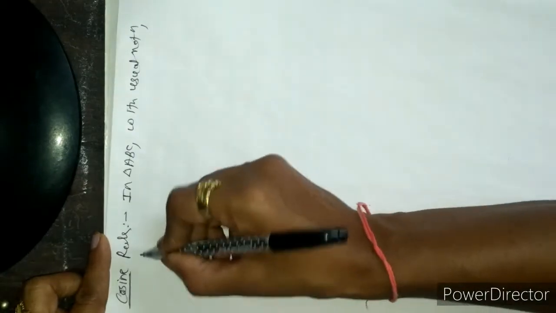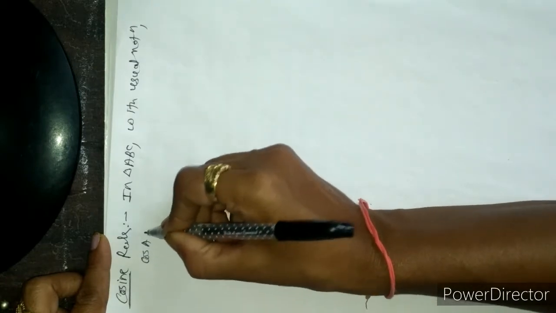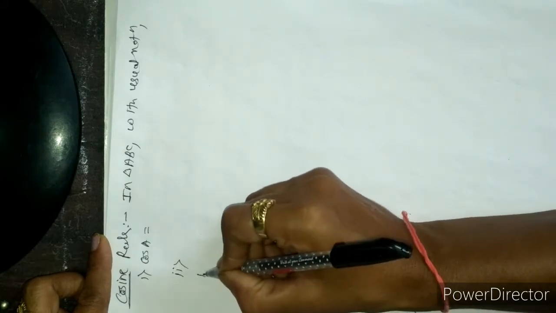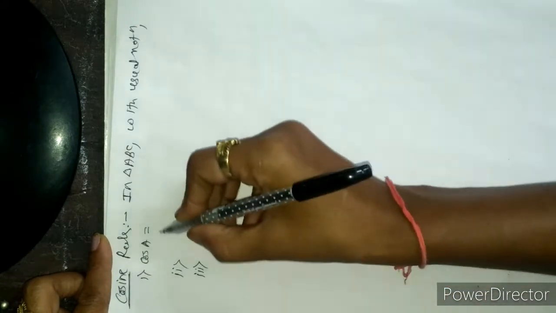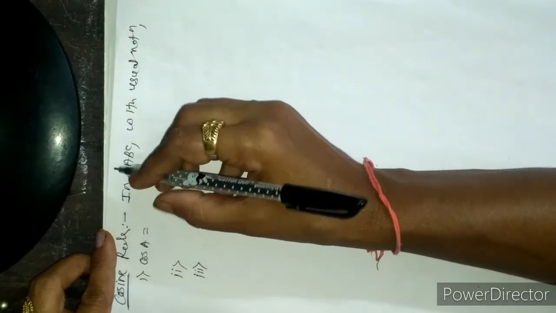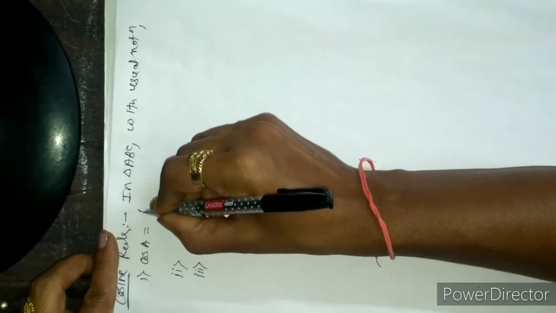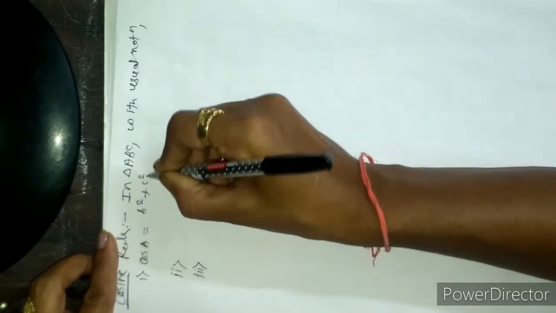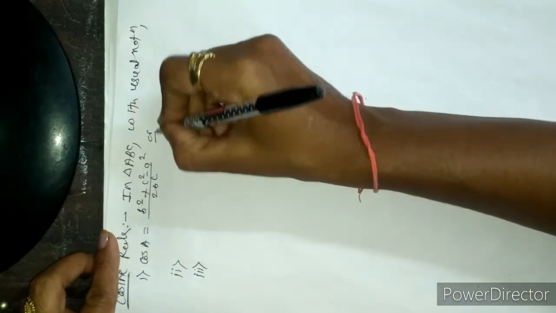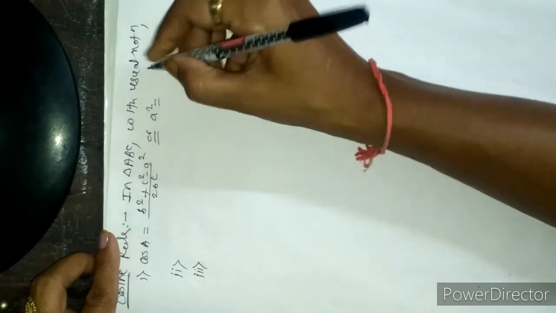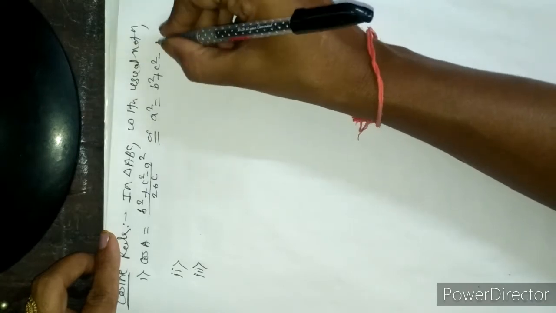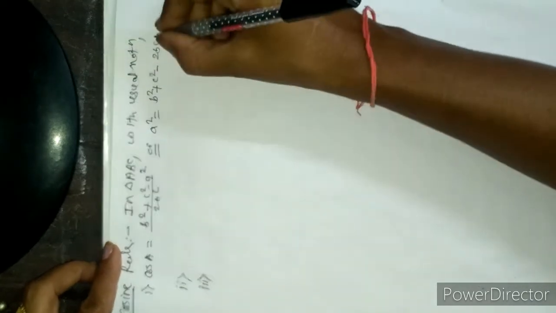So here, that statement for cosine rule, there are actually 3 statements. We take the first statement for angle A, second statement for angle B, and third statement for angle C. So here we take cos A is equal to (B square plus C square minus A square) divided by 2BC. Or that statement may be converted in the form A square is equal to B square plus C square minus 2BC cos A.